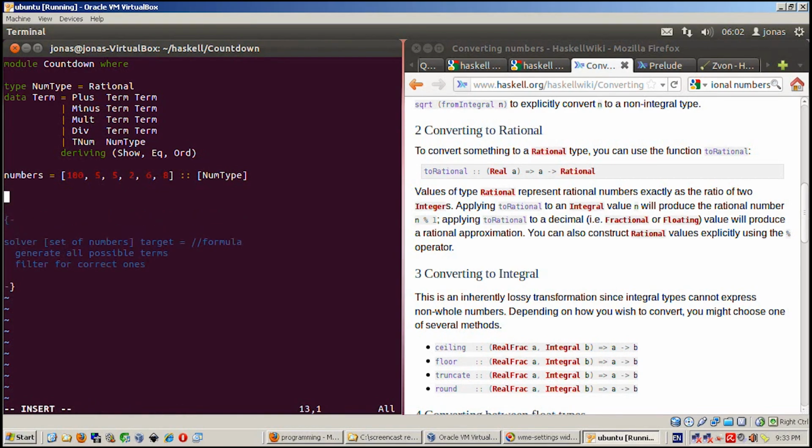Okay, and now what I'd like to do is to generate the terms. To be honest, I have actually given this some thought previously, because I just had no clue, and I haven't fully figured it out, but I think I have a good idea how I would do this. So what I want here is to generate all terms. The problem is that